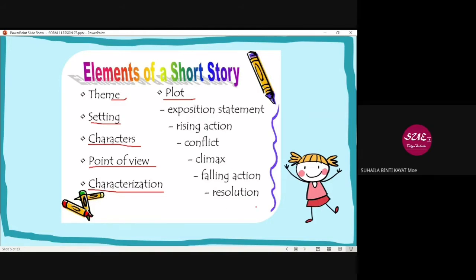So if you are good in writing stories, kalau ada yang minat menulis cerita, you can use this plot. You refer to this plot to come up with a short story. Later kita akan buat yang itu.